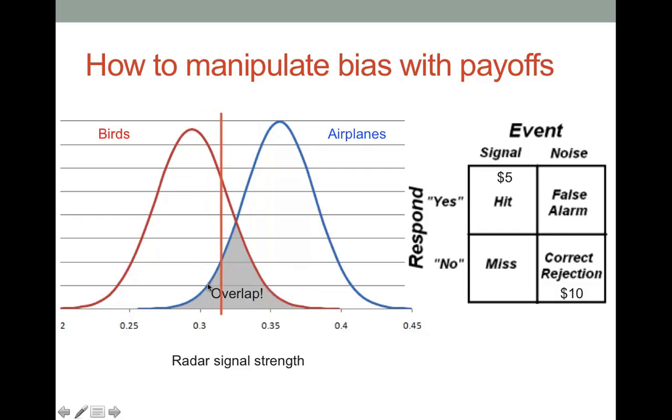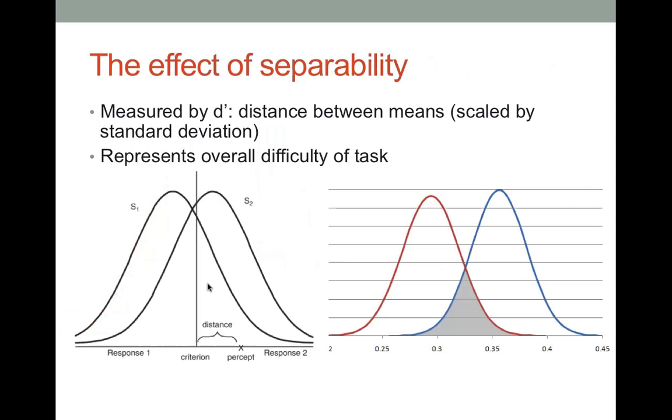So that's what biases look like. And now I'm going to talk about separability, the d prime I mentioned earlier. Now this is a pretty easy concept. d prime is just the distance between the means of your distributions, scaled by the standard deviation. All it is is the size of the overlap between the two distributions, and it represents the overall difficulty